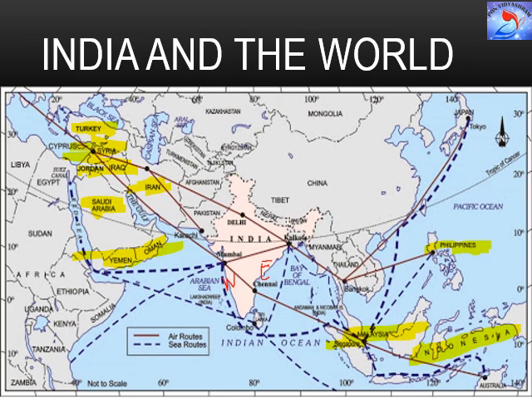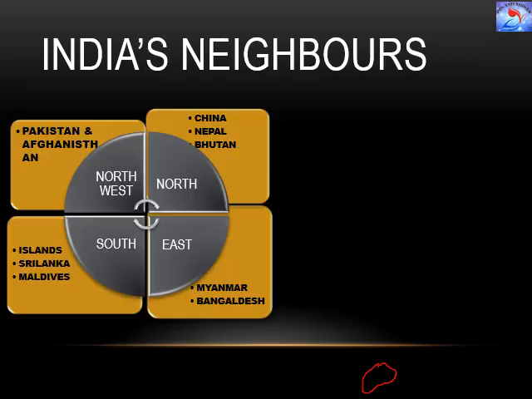We can see the influence of West Asia in India, like the architectural styles, the dome architectural styles and so on. So this is how India's location played an important role in trade related activities, and it is what is helping India achieve better economic progress.